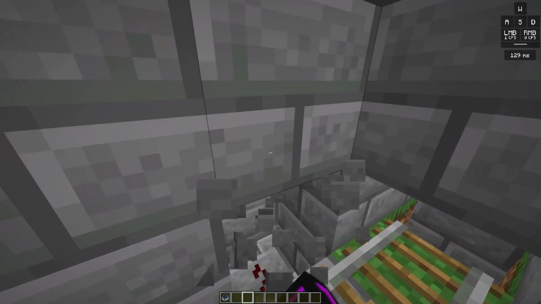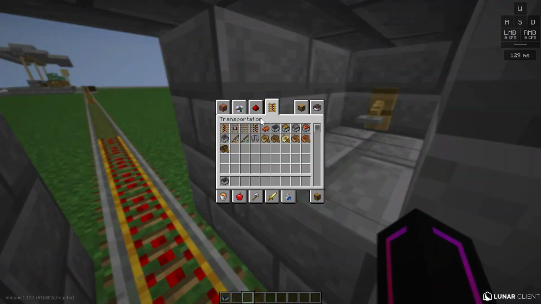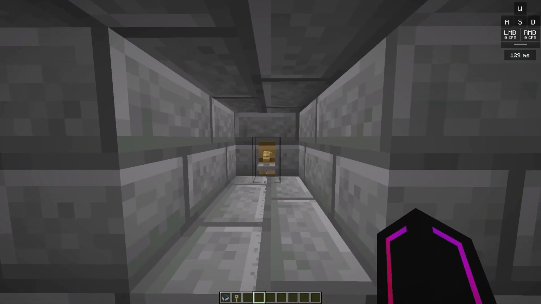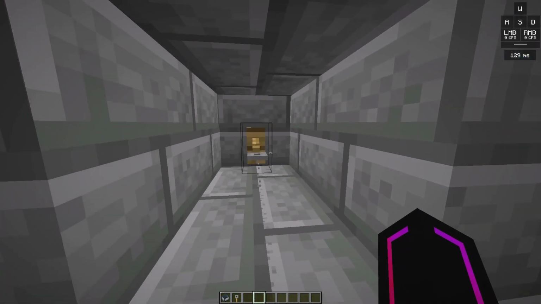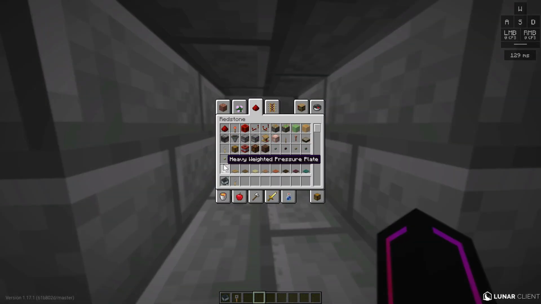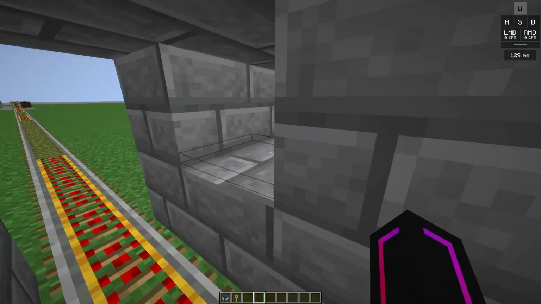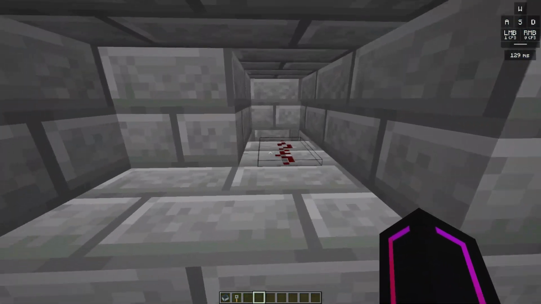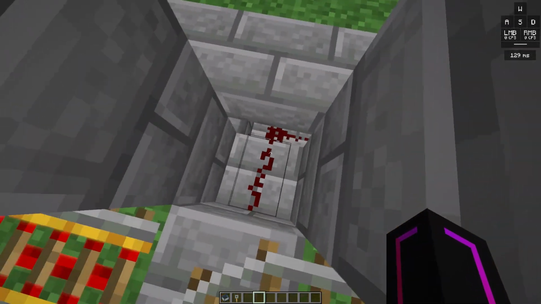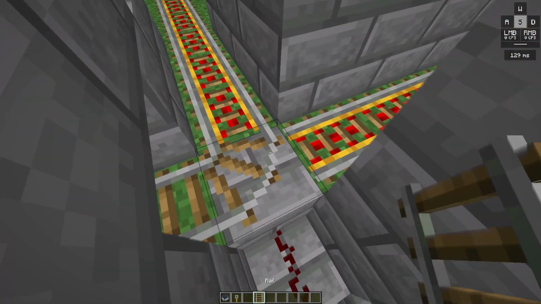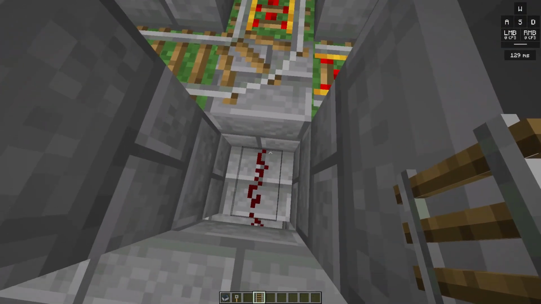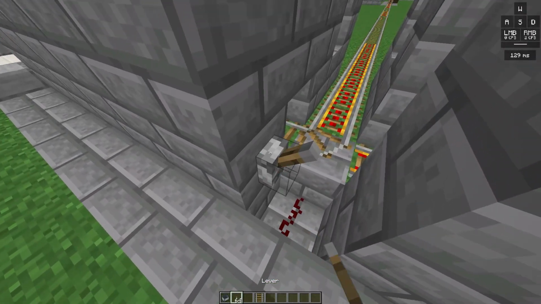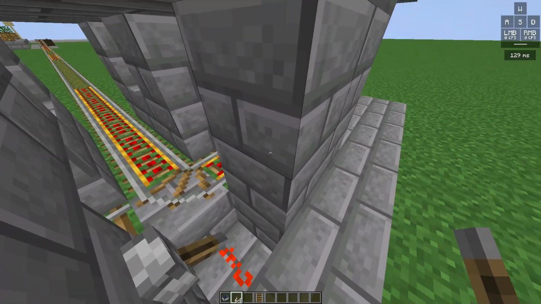Now what I've done here is that these are tripwire hooks. You can find them in the redstone section. I will be explaining these in our upcoming redstone video, in which I will be showing you how redstone works the proper way. This is just a brief explanation. So basically there's string in between, and when you press it, it gives a redstone output over here. And what it does is the redstone goes over here. And what you should know is that if you've got a bend and you power the rail, for example if I do this, it powers it and it switches the rail.